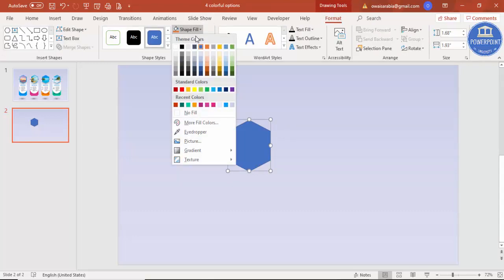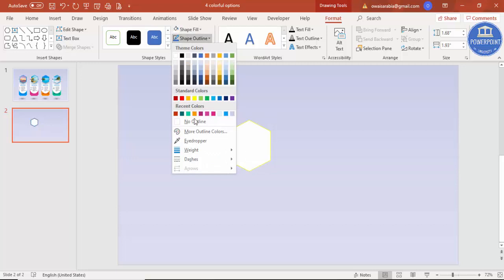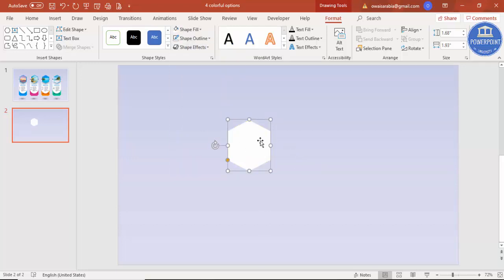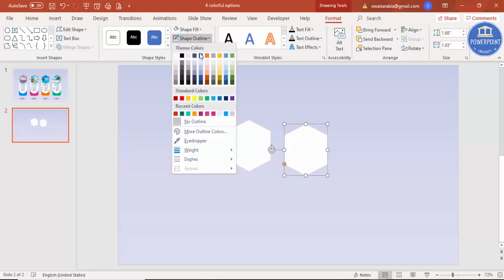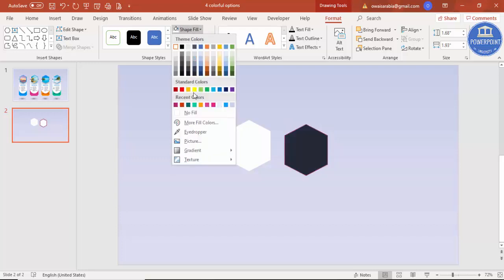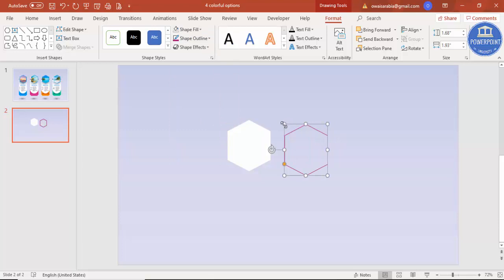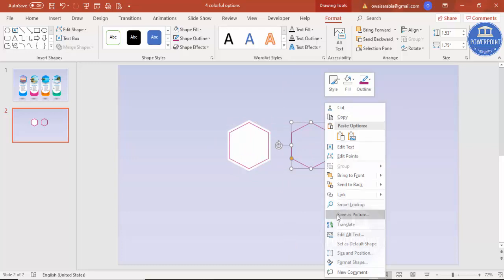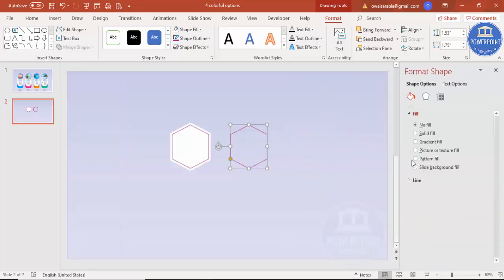I'm just going to change the color to white and shape outline, make it no outline, and press Ctrl D to duplicate this. And I'm going to give the outline some different color, and shape fill I'm going to make it no fill, and hold the Shift key and reduce the size a little bit and put it here, something like this, and press Ctrl D once again, and here right mouse click, go to Format Shape, and